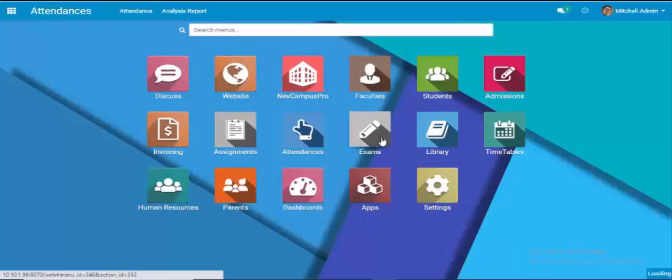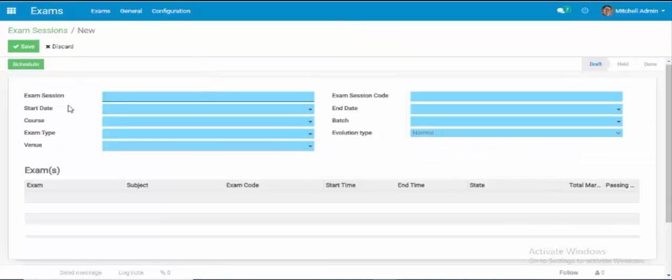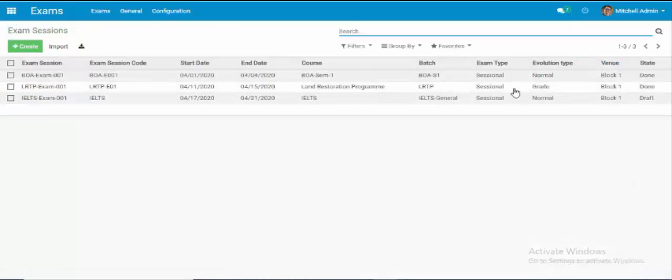Faculty person can schedule exams for the students by creating an exam session, with the exam session start date, for which course the exam session has been created, what is the type of exam, venue,